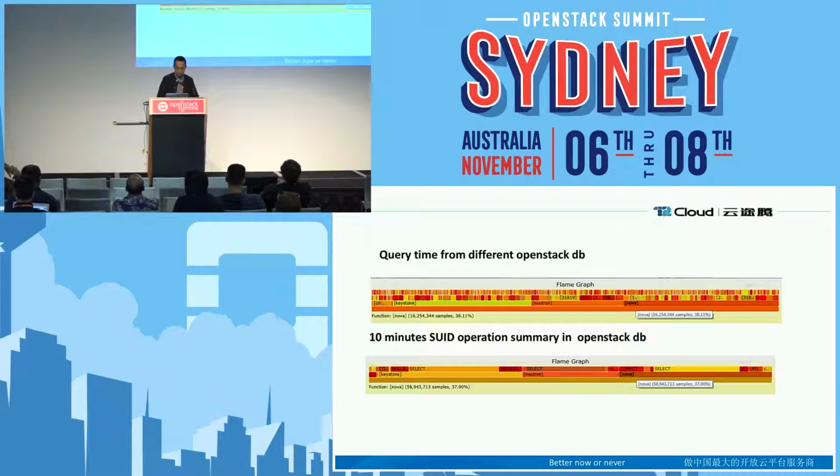We can collect and convert the SystemTap outputs into a flame graph like this one, and this can help us to find out the hit rates from the different OpenStack services from the whole system. From this slide, we can see that the keystone and